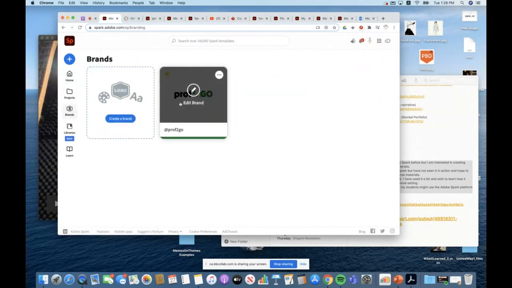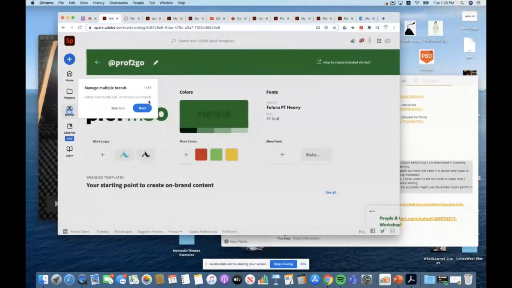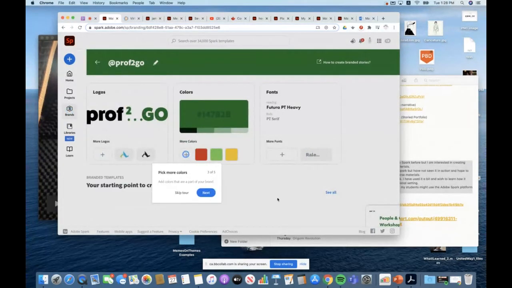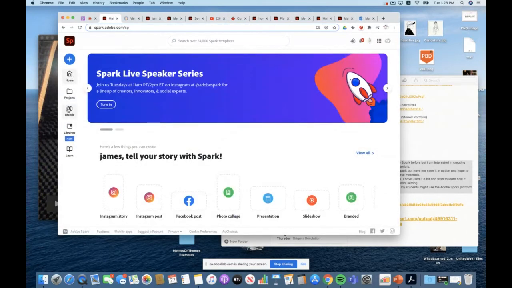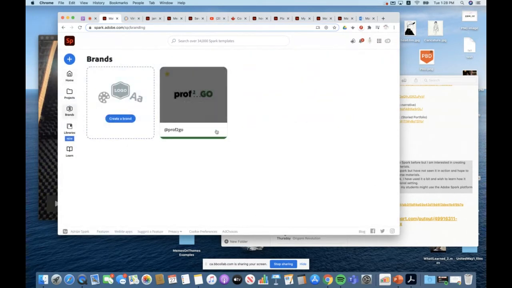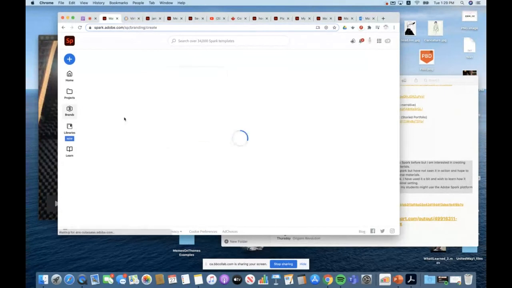Again, with the branding, if I just open that up, any sort of content that I create will automatically be branded. And you can create a brand by adding your college logo, for instance.